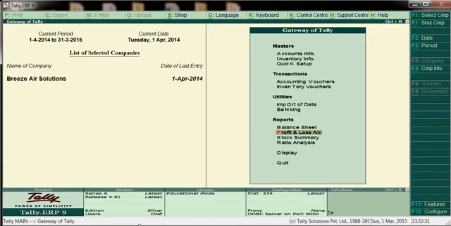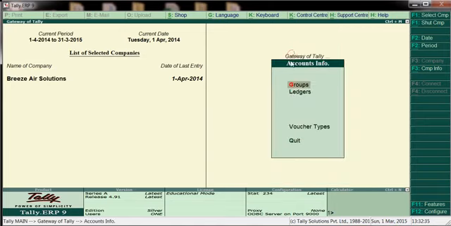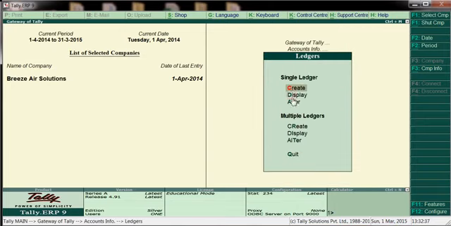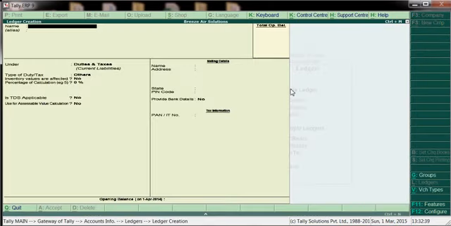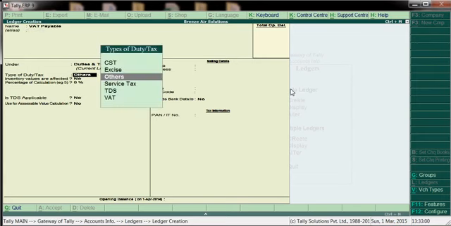For that we have to create one more ledger. Go to accounts info, ledgers, create here VAT payable. We'll create VAT payable under duties and taxes.